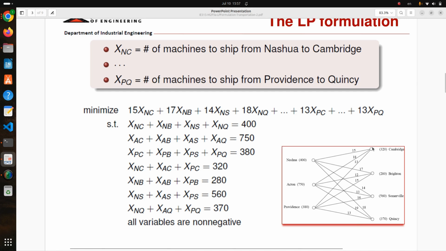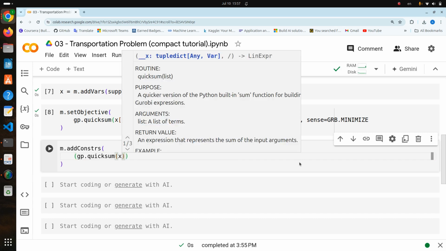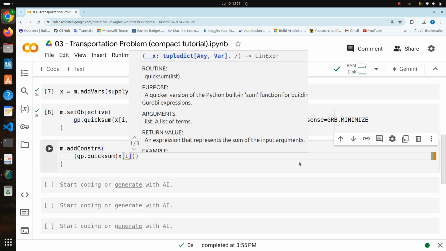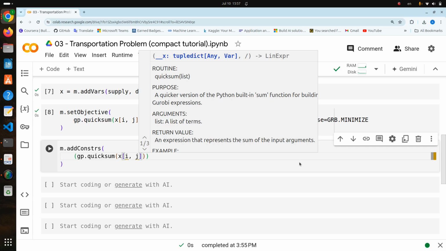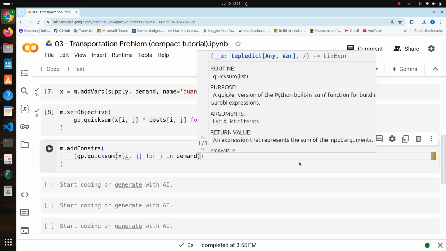So all demands 0, 1, 2, 3 for supplier 1 should not exceed 400, and so on for all other demands. So it's going to be GurobiPy.quicksum x, which is the quantities, from supplier i to demand j for all demands, as I said, for j in demand